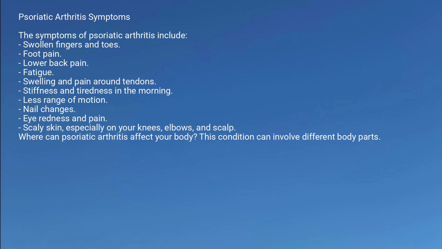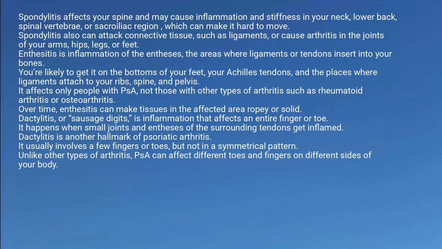Where can psoriatic arthritis affect your body? This condition can involve different body parts. Spondylitis affects your spine and may cause inflammation and stiffness in your neck, lower back, spinal vertebrae, or sacroiliac region, which can make it hard to move. Spondylitis also can attack connective tissue, such as ligaments, or cause arthritis in the joints of your arms, hips, legs,